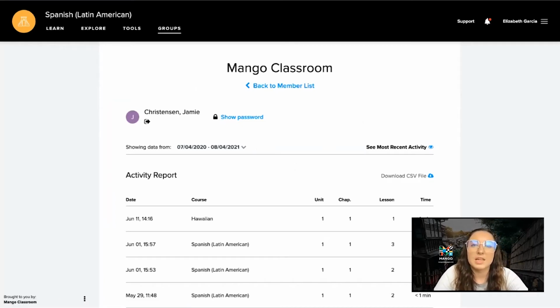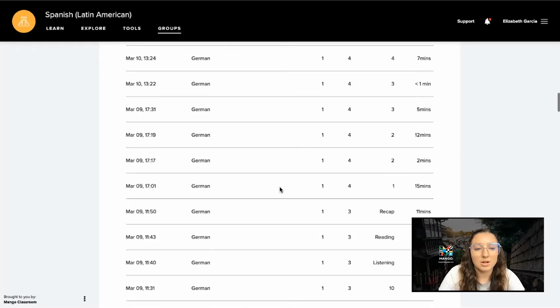So here you can see the activity report. This shows what the student has been working on during this time frame. And below that, all the way at the bottom,